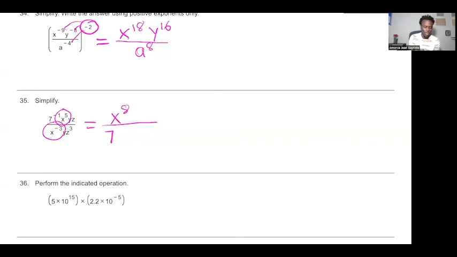Done with x, let's see what we have for y. The y's have the same exponent, they cancel to 1, and then